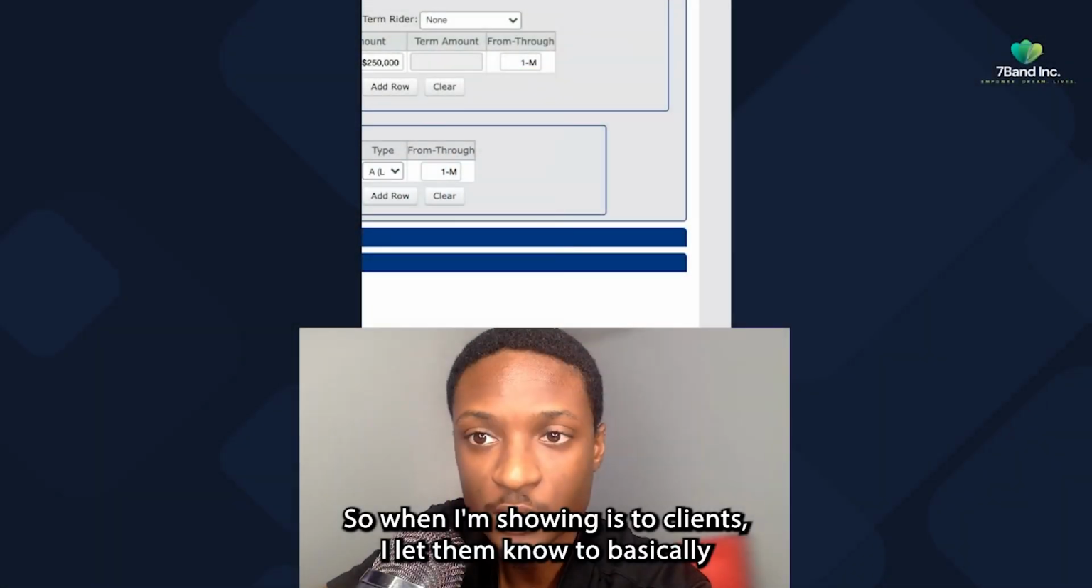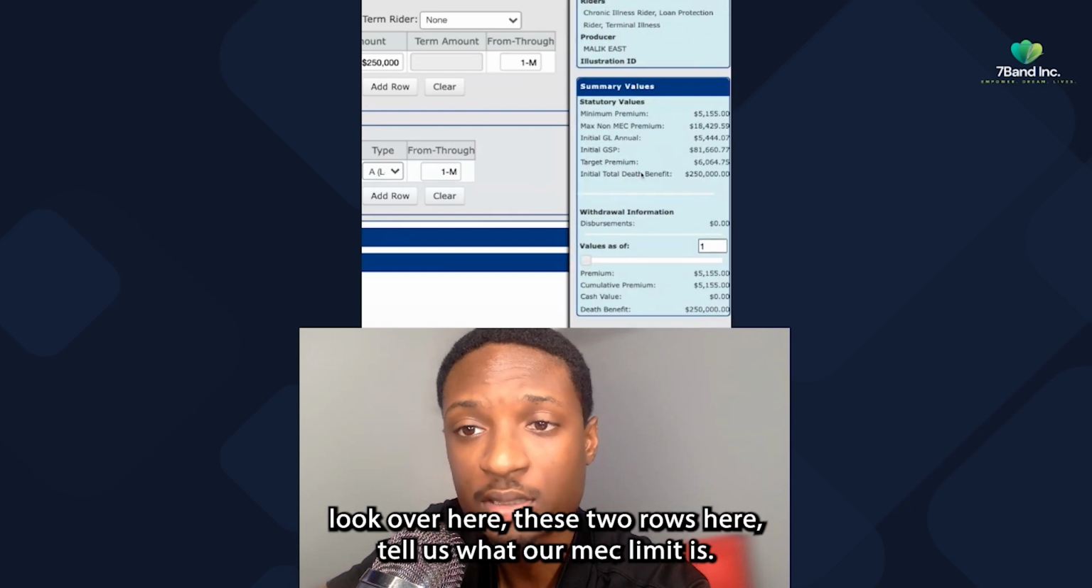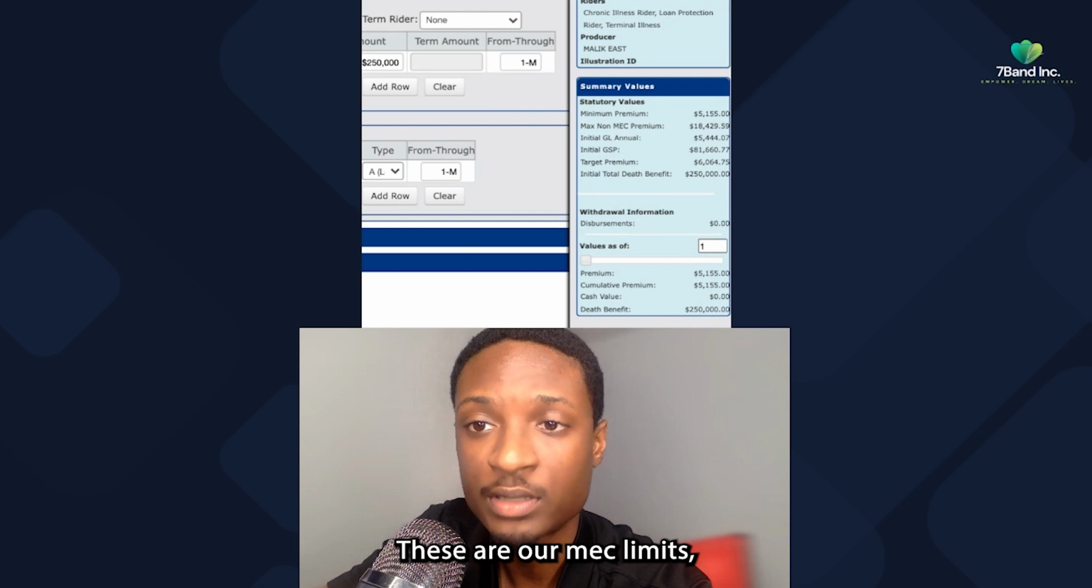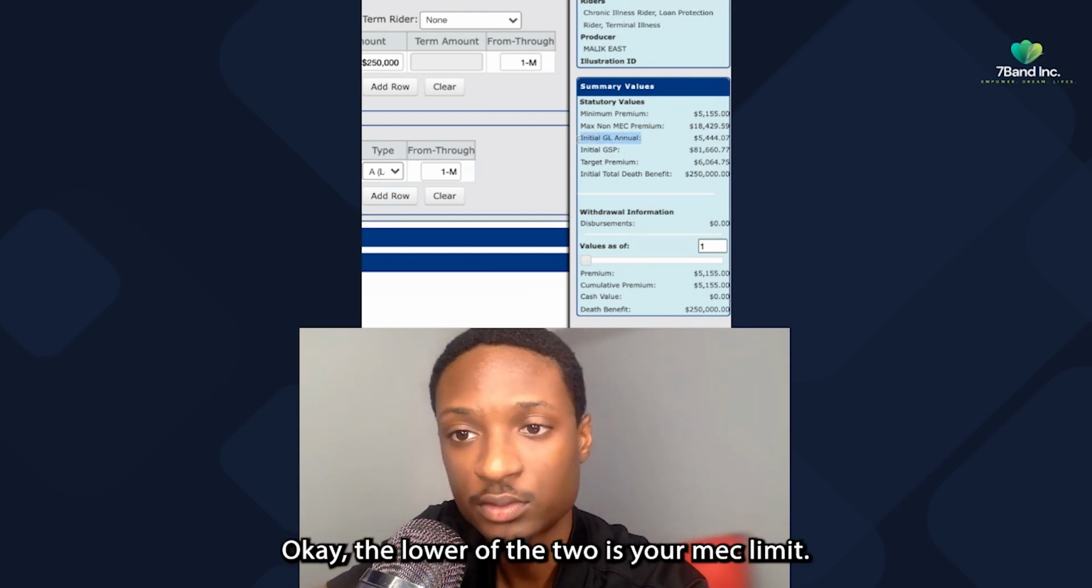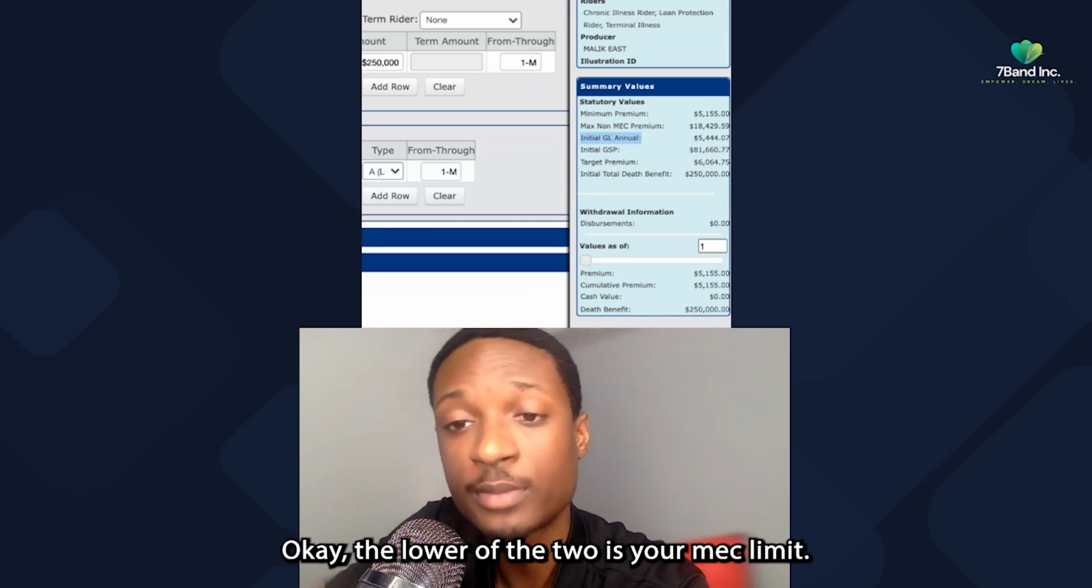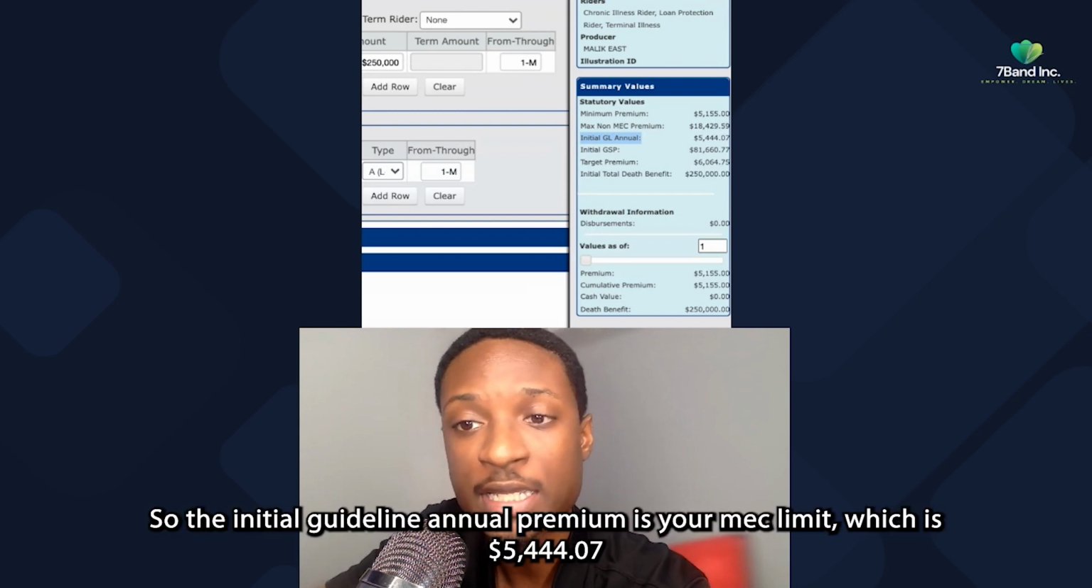So when I'm showing this to clients, I let them know to basically look over here. These two rows here tell us what our MEC limit is. These are our MEC limits, the max non-MEC premium and the initial guideline annual. The lower of the two is your MEC limit. So the initial guideline annual is your MEC limit, which is